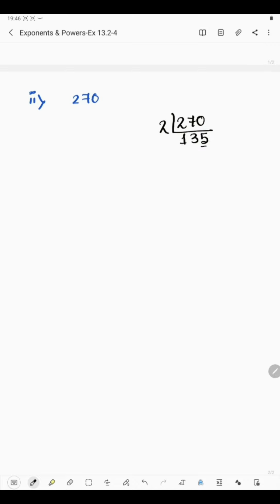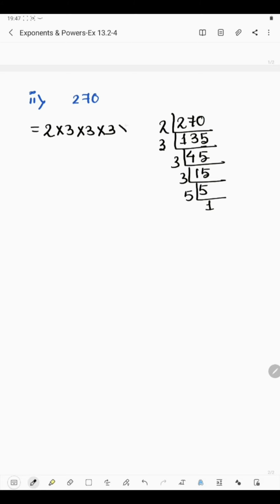If you just find the sum of the digits, 5 plus 3 is 8, 8 plus 1 is 9, and 9 is divisible by 3, so it will go by 3. 3 4s are 12, 3 5s are 15, 3 15s are 45, 3 5s are 15 and 5 1s are 5. So here we have one 2 and three 3s